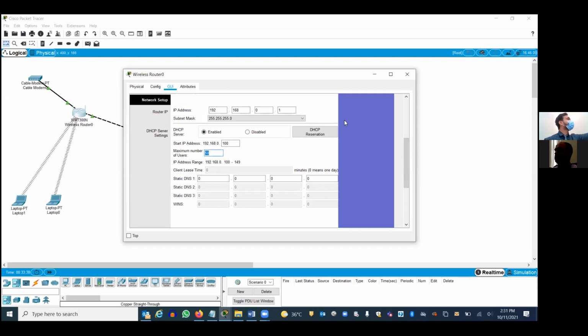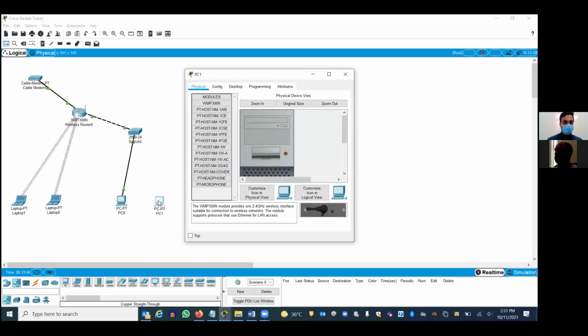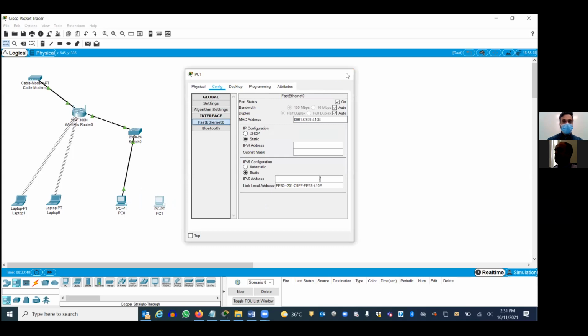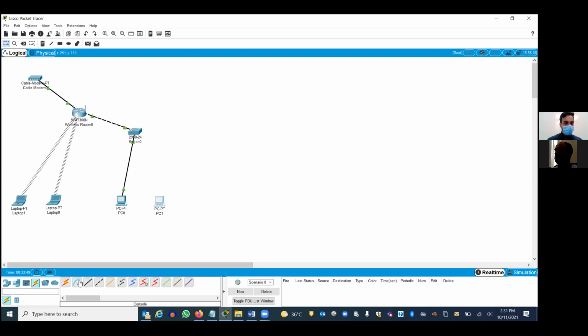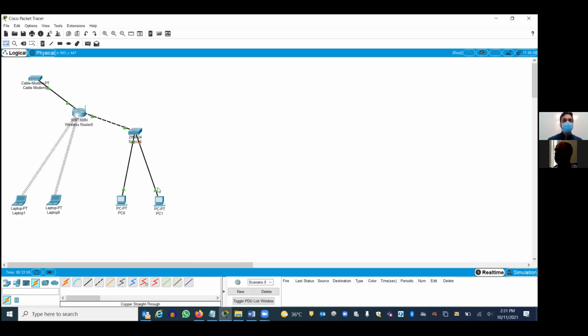If you add one more PC, what will happen? Let's add one more PC. I'm doing this for your understanding. Go to the PC. Config, Fast Ethernet. Is it connected? Not connected, right? So go to the PC, Fast Ethernet. Is it connected now?